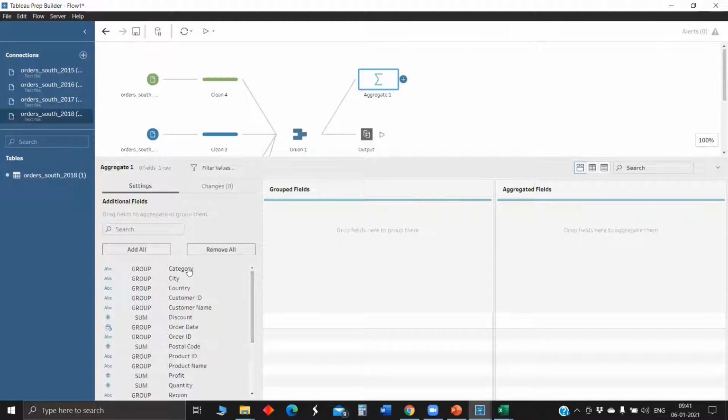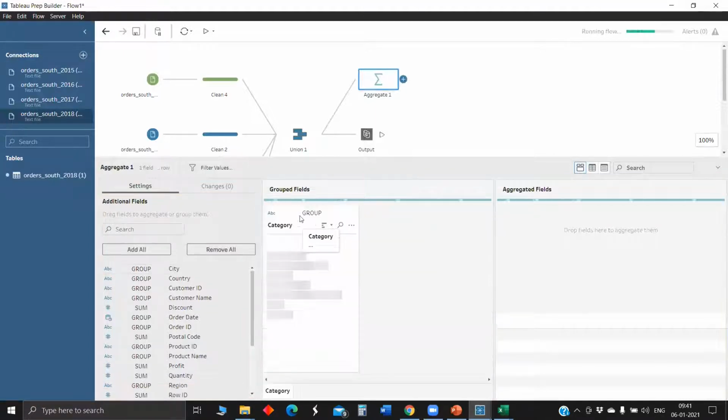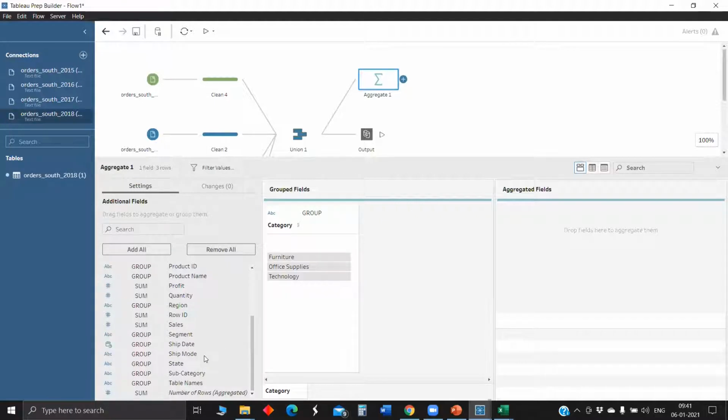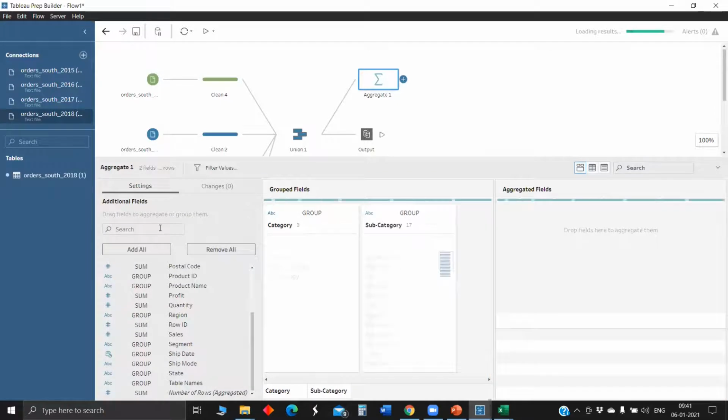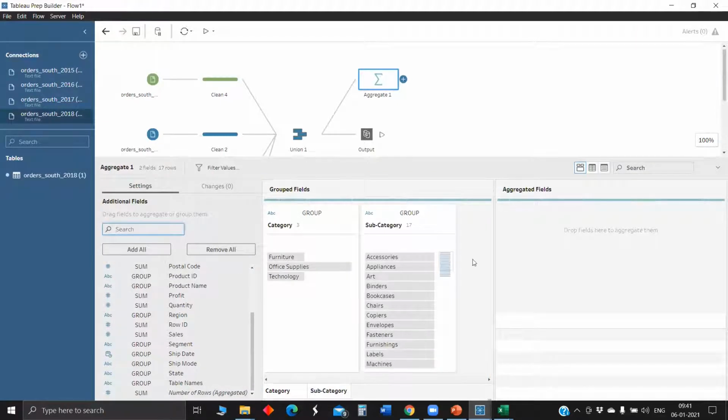But here in Tableau Prep, we have an aggregate step where you can select the group fields, which are nothing but the dimensions. So I am adding category and order date, or maybe subcategory, and sales I'm adding to the aggregated field.